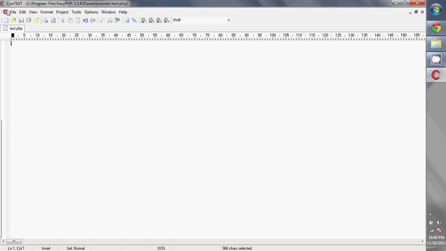Going to Context, I'll quickly start writing the code. HTML, close the tag. I'll center the body because I want all my matter to be in the center. I don't want to go into the CSS part here. This tutorial is about jQuery. So anyways, done that. Then inside the body, after a couple of break tags, I'll create a button